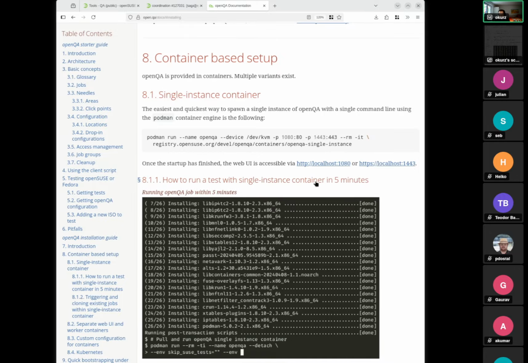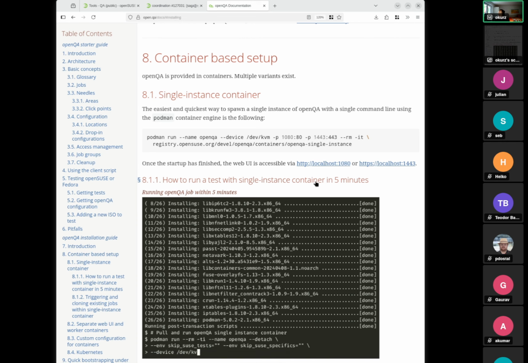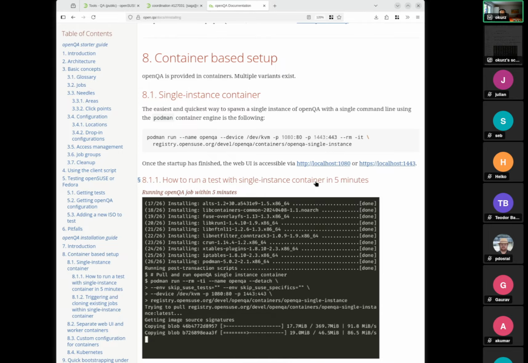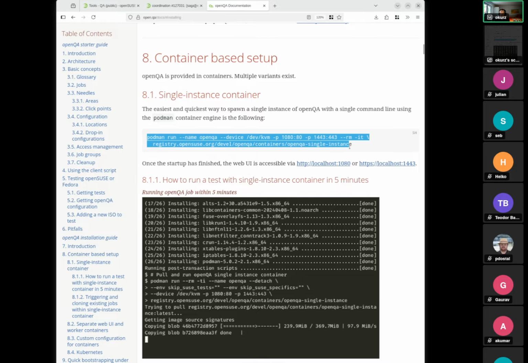And we know that more and more people use that now also for development purposes. Some of you use it for running tests, and we offer it as the first suggested step to get into openQA. So, if you have Podman, then you can just copy paste this one command line,